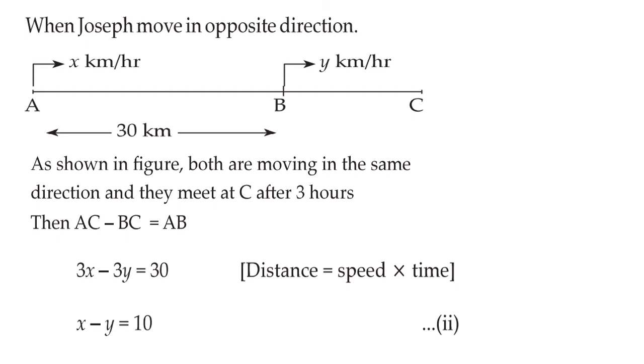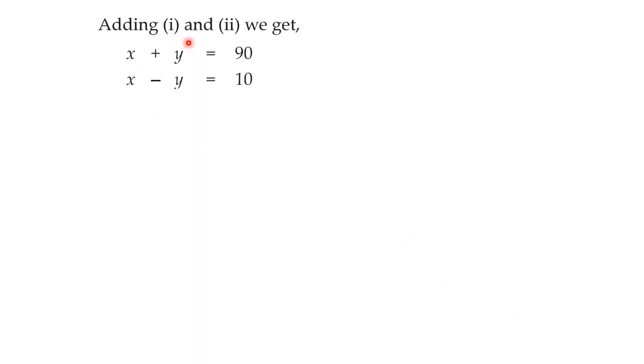Okay. So now let us do that. Adding equations 1 and 2. Equation number 1 is written up, below that equation number 2 is written, and a plus sign is in between, which shows that we are adding. So here plus y and minus y will get cancelled, and we will get x plus x is equal to 2x, and 90 plus 10 is equal to 100. So 2x is equal to 100. From that, we can get the value of x. x is equal to 100 divided by 2, that is 50. So the value of x is 50.